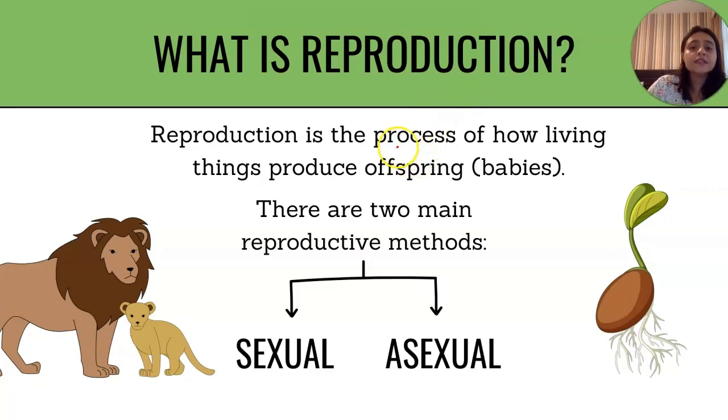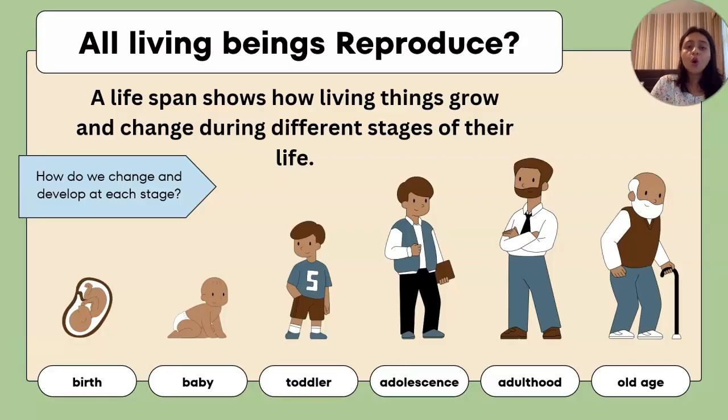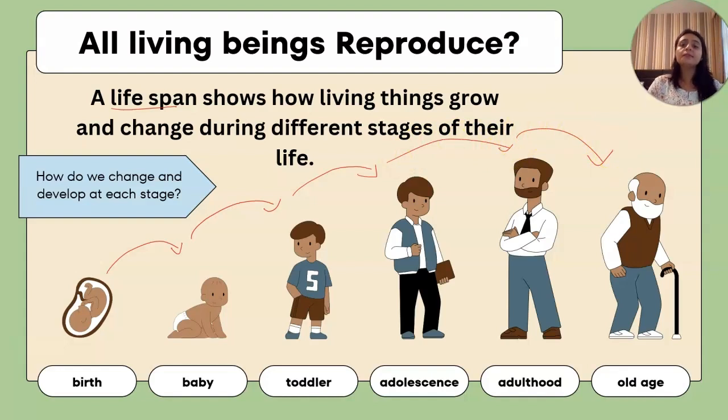What is reproduction? It is the process by which living things produce their offspring. How do living things produce their babies? There are two major methods by which living things reproduce: sexual and asexual methods. All living beings reproduce and have their lifespan, within which they change from being born as a baby, then a toddler, then adolescence, then adulthood, and then old age. So this lifespan is possessed by every living being. And when this growth and development takes place, reproduction has taken place. Okay,